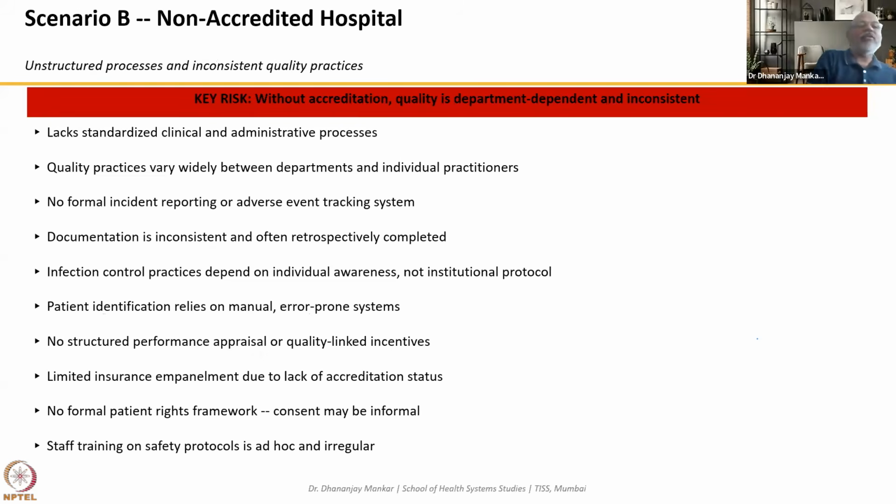Now we talk about the unstructured way at hospitals. Sometimes when a hospital is non-accredited, what will happen? Will unstructured processes and inconsistent quality practices be seen at the very first? Ideally speaking, no. It will take time before we identify the risk. Without accreditation, if your hospital has a major quality problem, there are patient safety issues, system failures, lack of provisions, and even non-continuing activity. NABH comes in very importantly in comparison to hospitals that are non-accredited.